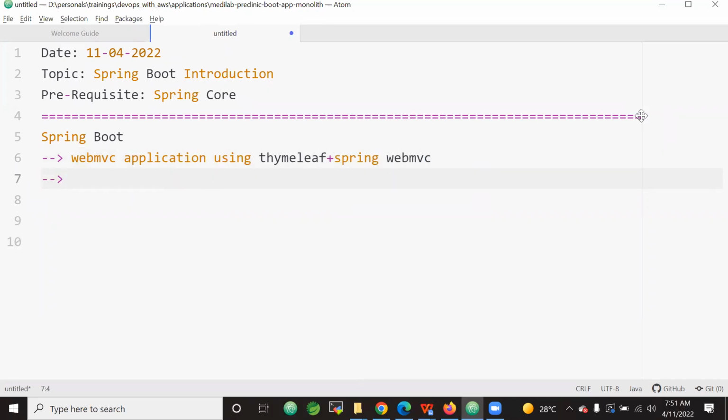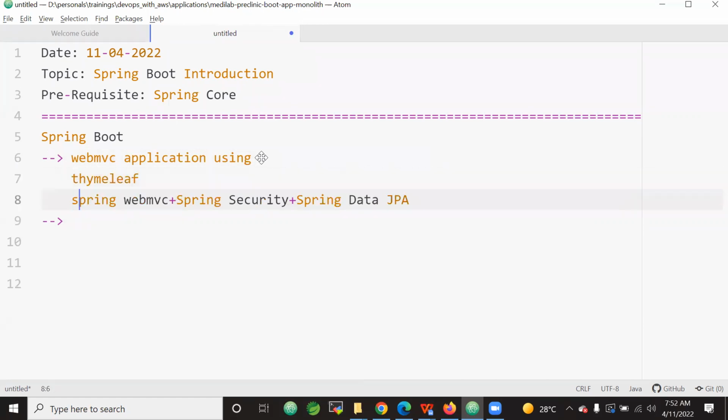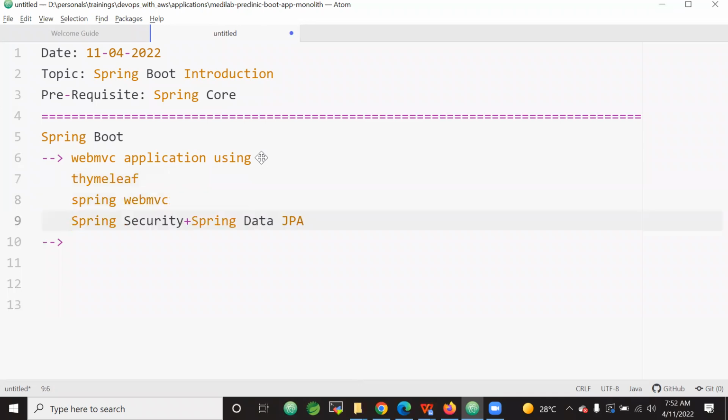And then we will use Spring Security and then Spring Data JPA. That means Thymeleaf is the UI, Spring WebMVC, and then Spring Security, and then Spring Data JPA, and then the Spring Transactions we will use,